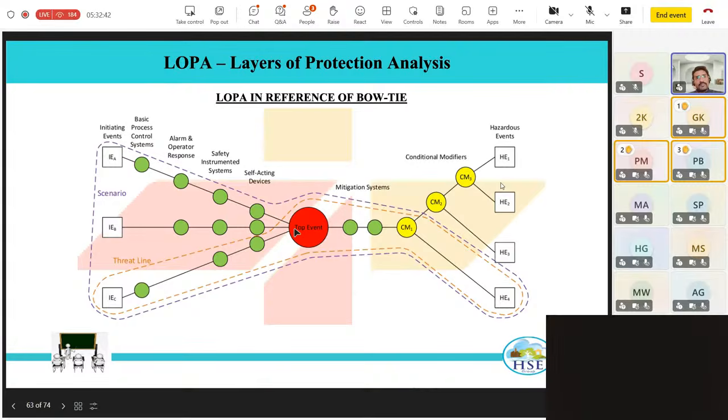Now, for this event to be contained or its impact to be limited, we have these mitigation safeguards. Like I told you, we have the overflow line, we have a dike or a bund towards a tank, or